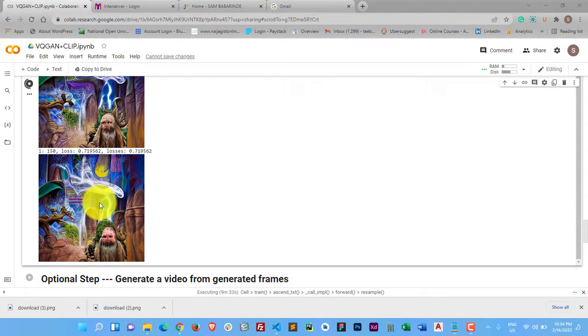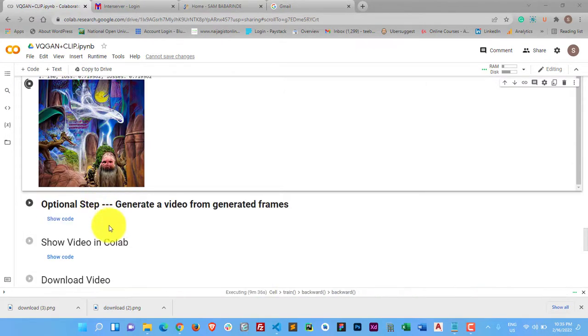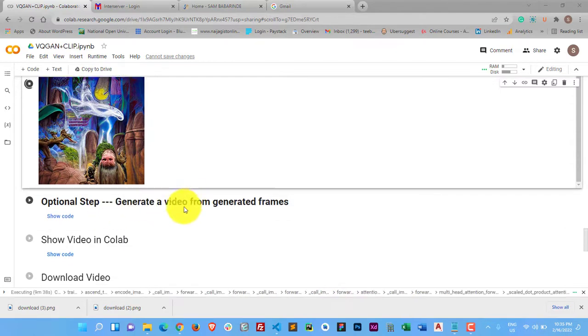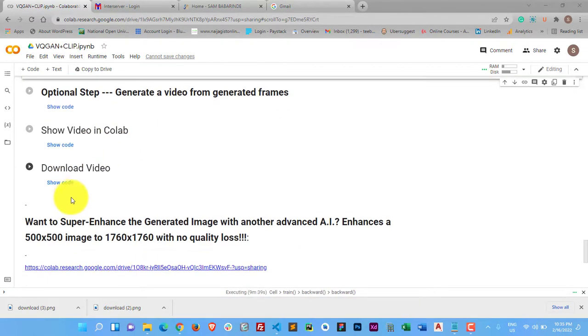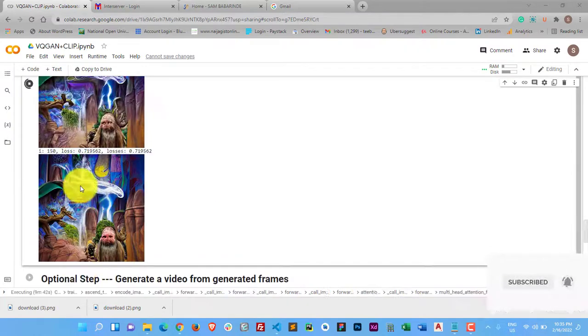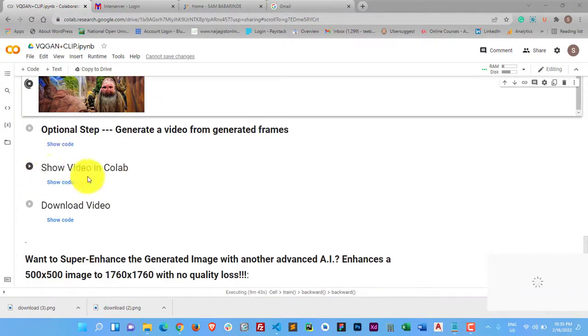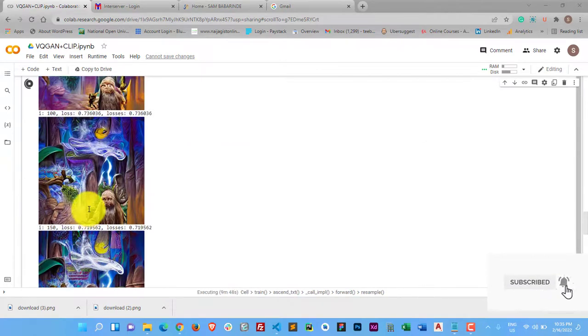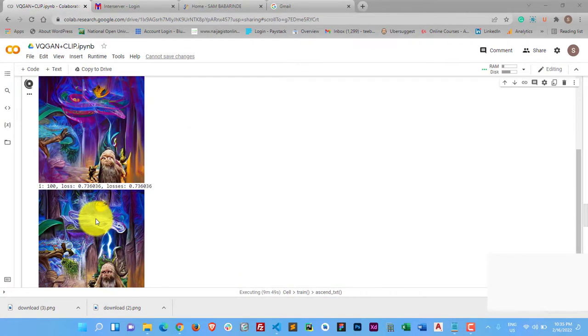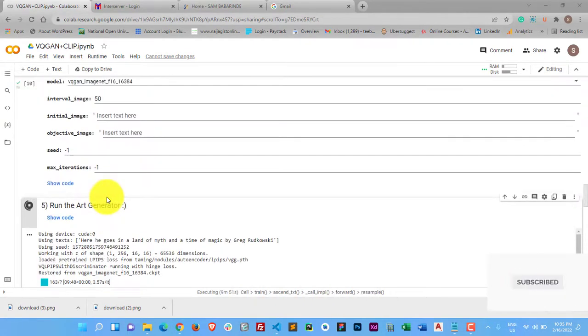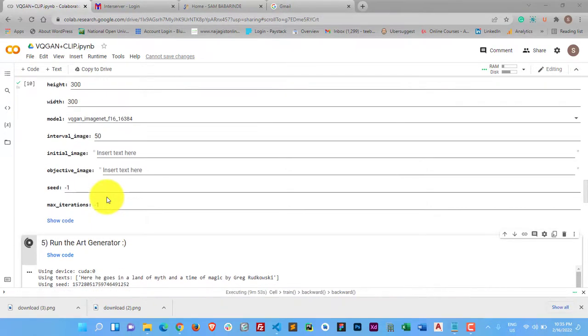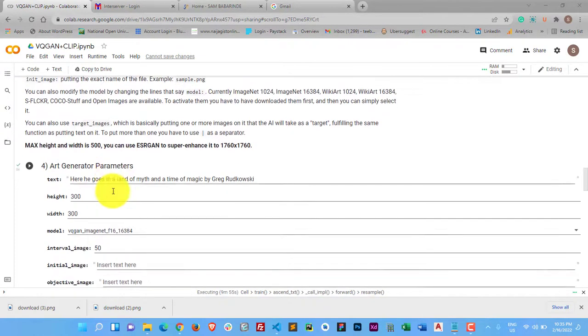So now on to the last tweak I'll be showing you in this tutorial, which is how to upload a picture and make the tool generate an art for you around the particular picture. Don't forget you can also generate videos. Yeah, you can generate videos also and download them. Then you can turn it into a GIF, whatever you want to use it for. Now this is the last tweak, how to upload a picture and make this tool generate an art for you,